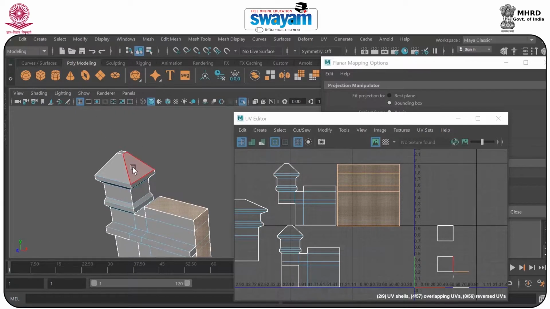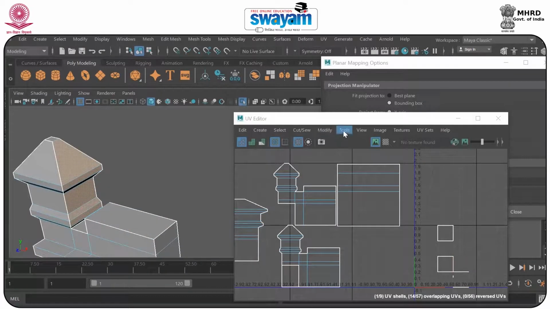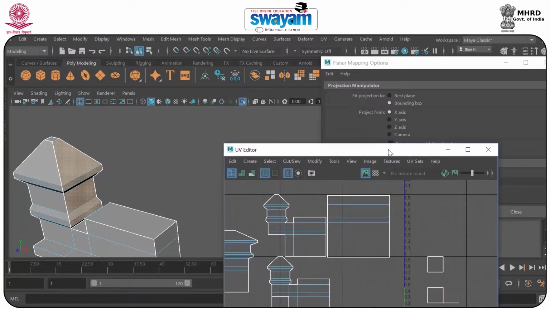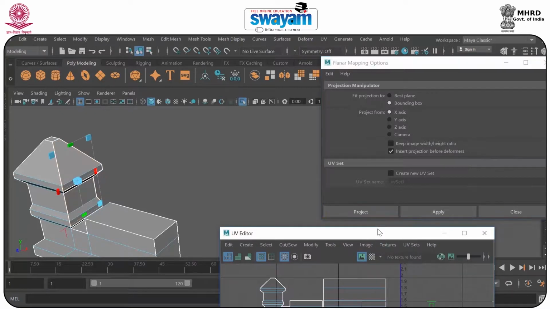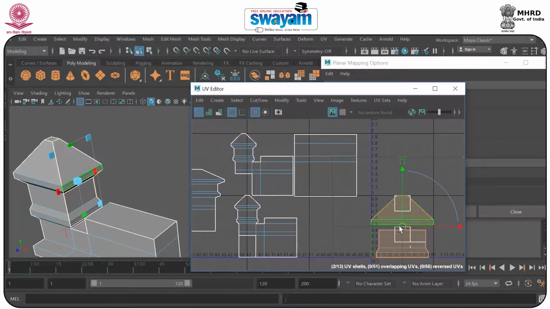And we have to just break this part. Okay, and this is facing in the X direction. X is fine, and apply. Just opened it, and